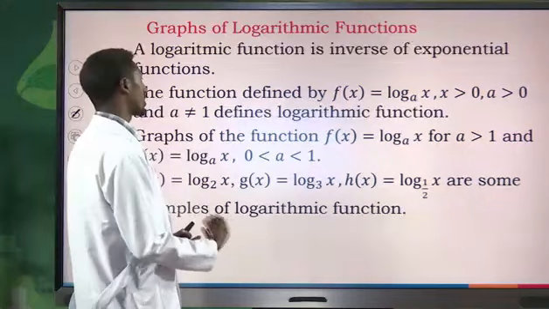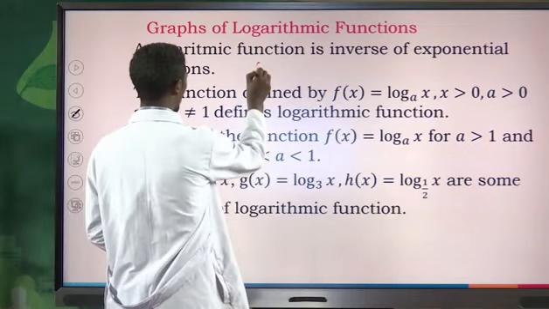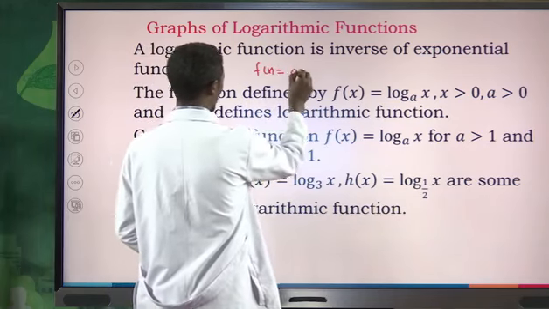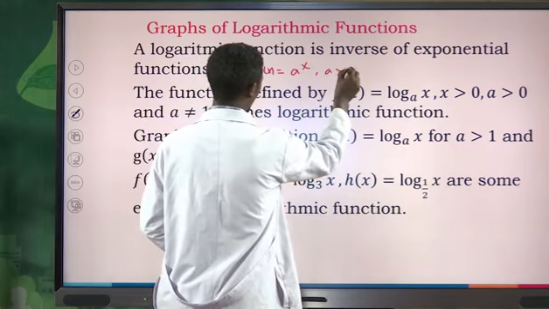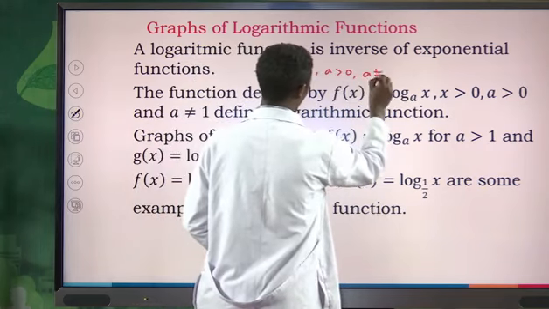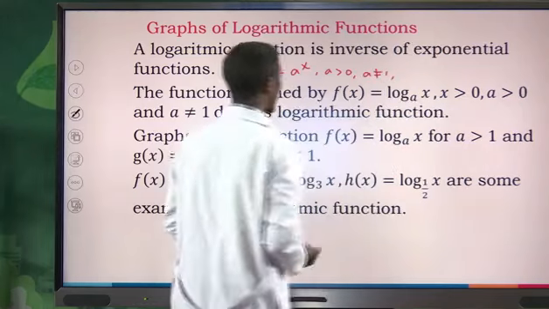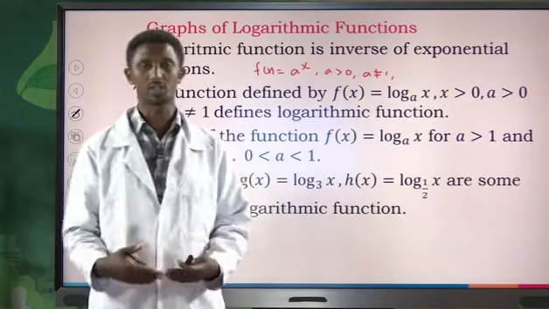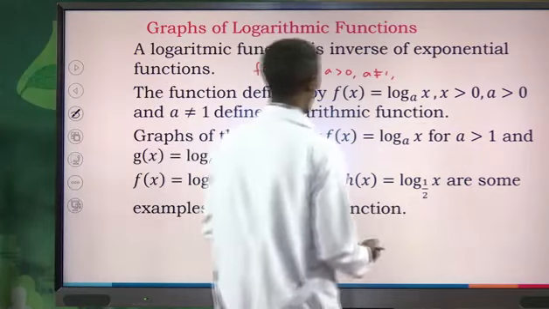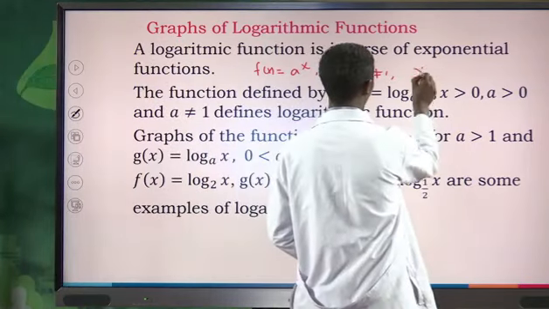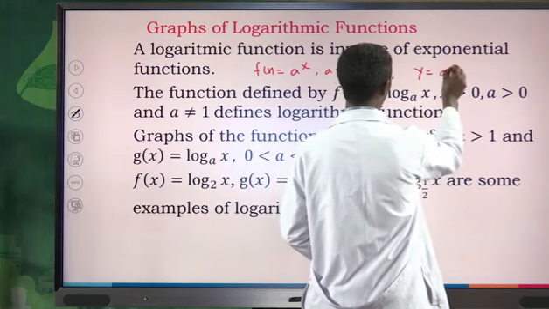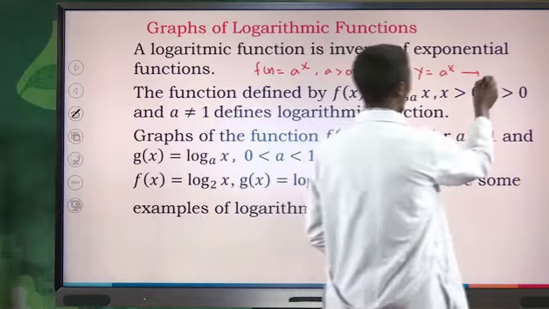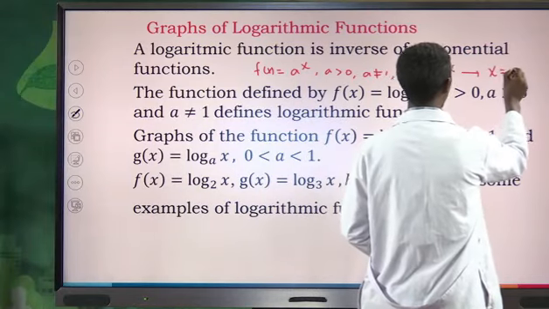When we say it's the inverse of the exponential function, we know that the definition of an exponential function is f of x equals a to the power of x for a greater than 0, a different from 1, and for any number x. So the inverse of this function is obtained by interchanging the places of x and y. So f of x is simply y, that's a to the power of x. If we interchange x and y, this equation will be changed to x equals a to the power